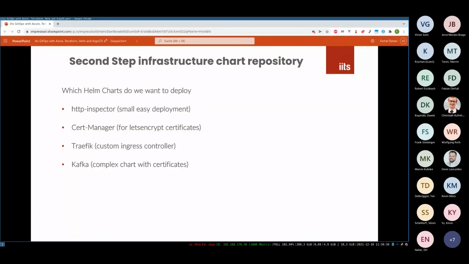actual Helm charts. And for this, I choose 4 simple Helm charts for this demonstration. And we will start with the HTTP inspector, which is a fairly small, easy deployment. After that, we will continue with the cert manager for the Let's Encrypt certificates. After we have our cert manager deployed, we will continue with Traefik as our ingress controller for basic domain routing. And after that, we will try at least to deploy a Kafka, which is a fairly complex chart, which